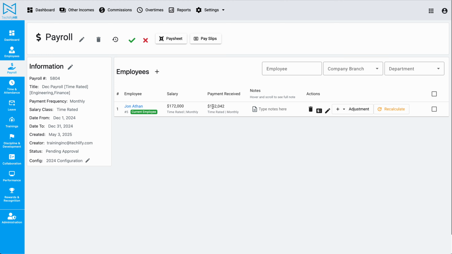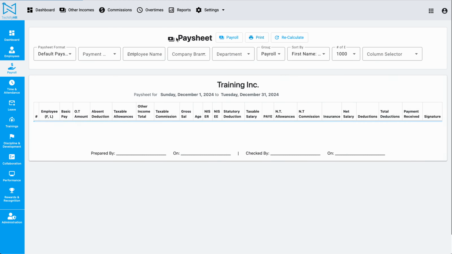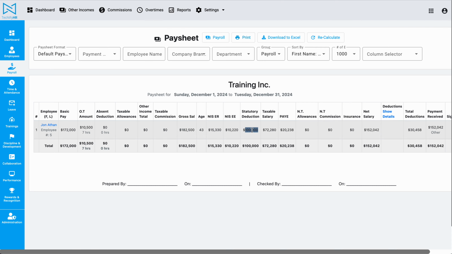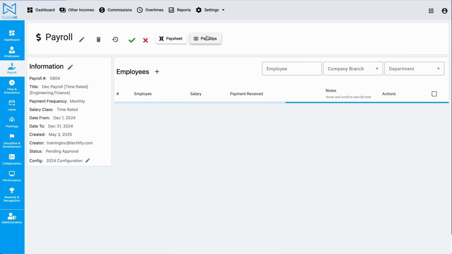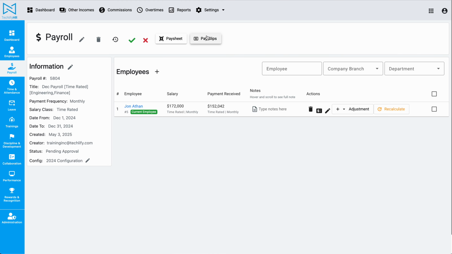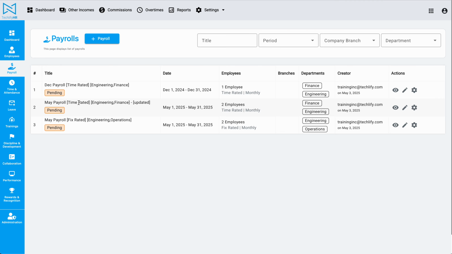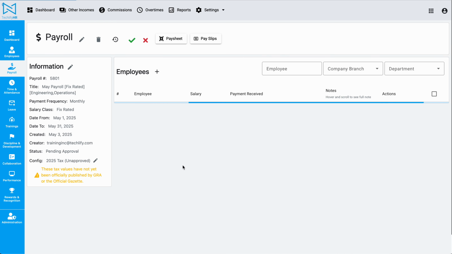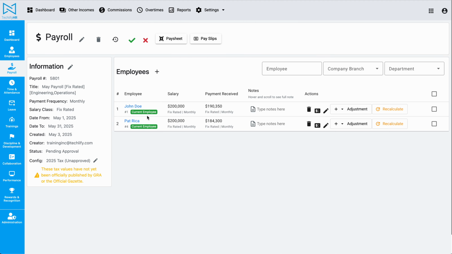And what you'll notice is that the payment received dropped, and if I go to my pay sheet again, you'll see statutory deduction along with PAYE gets adjusted for Jon. So that is how you can update the taxes on a payroll. Another cool feature that you can have on a payroll, and let's go take a step back, go ahead to